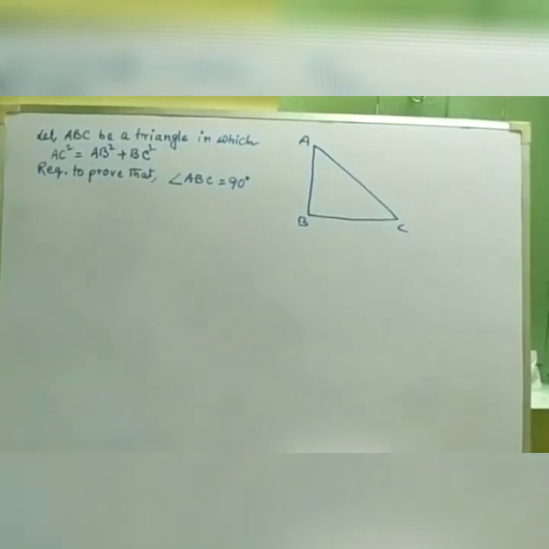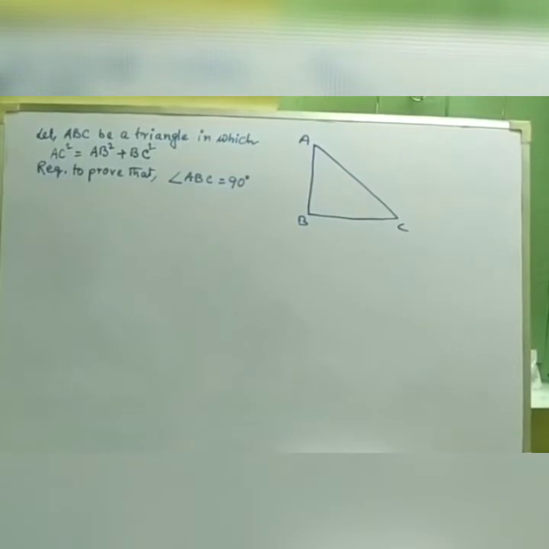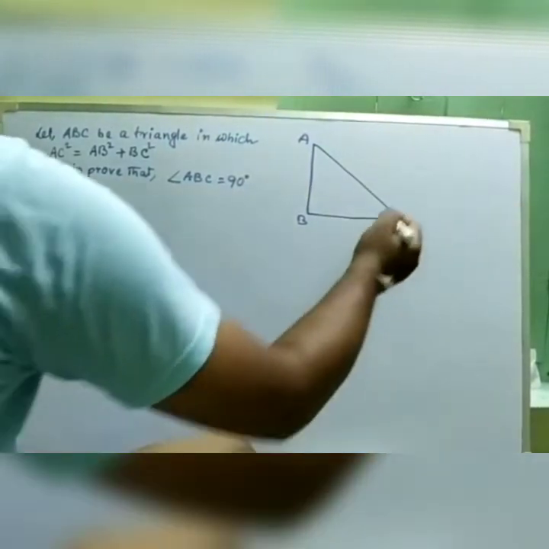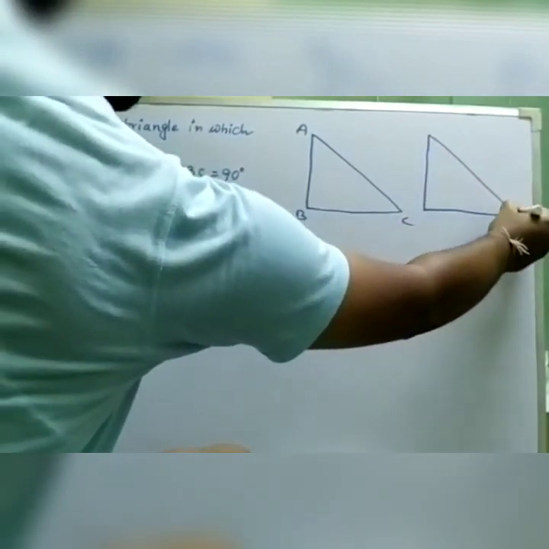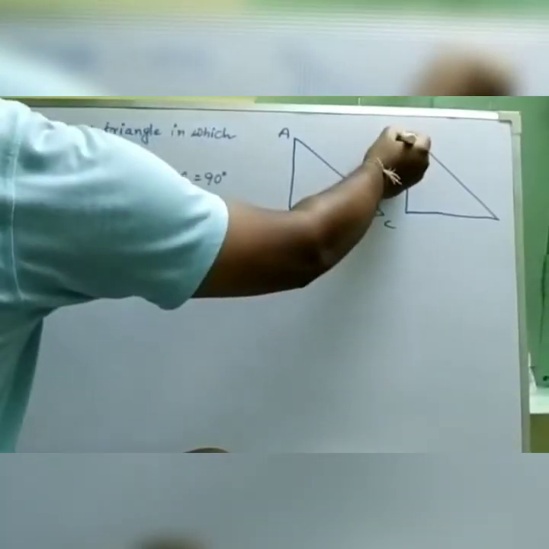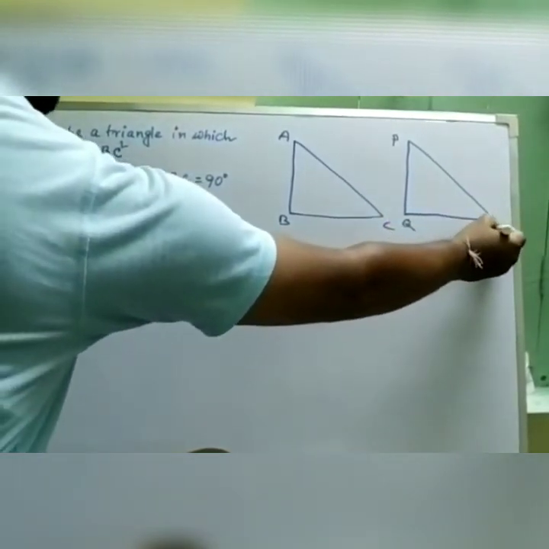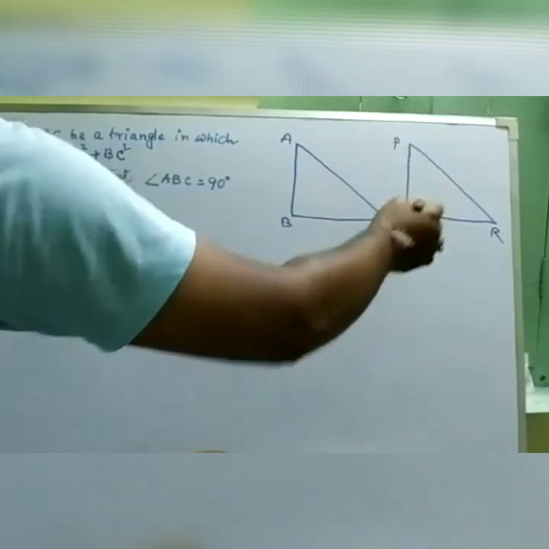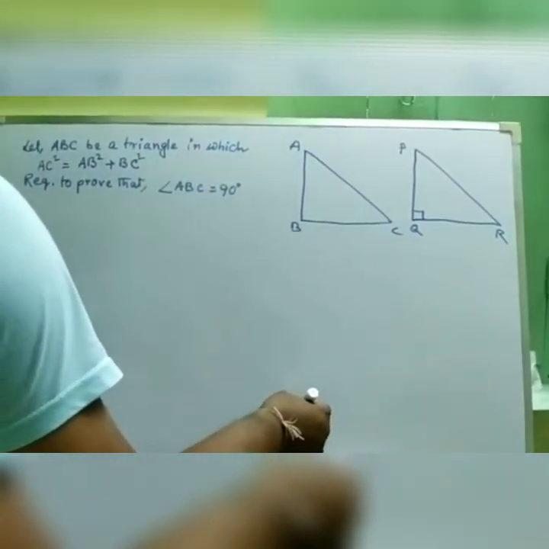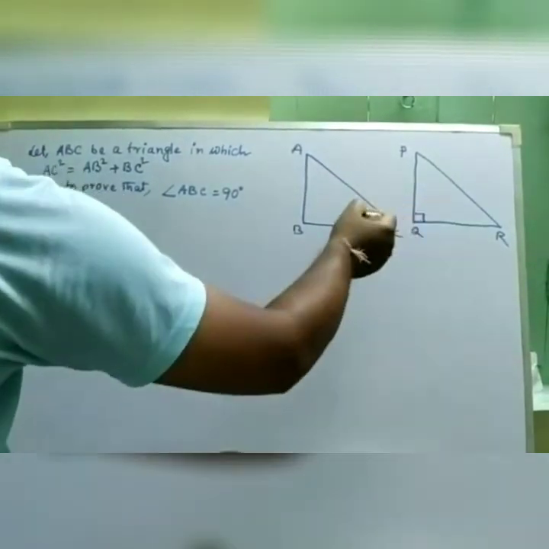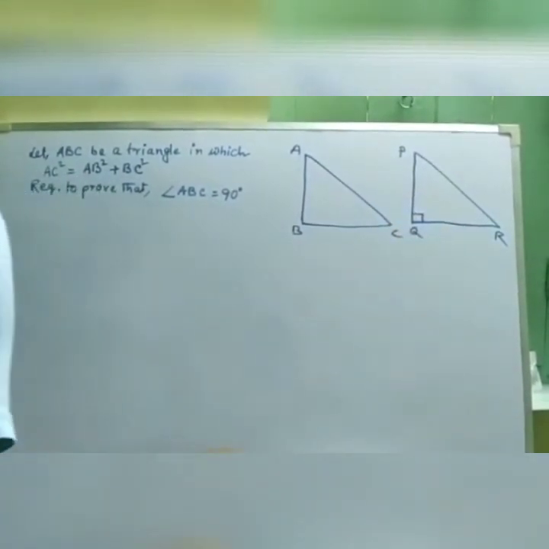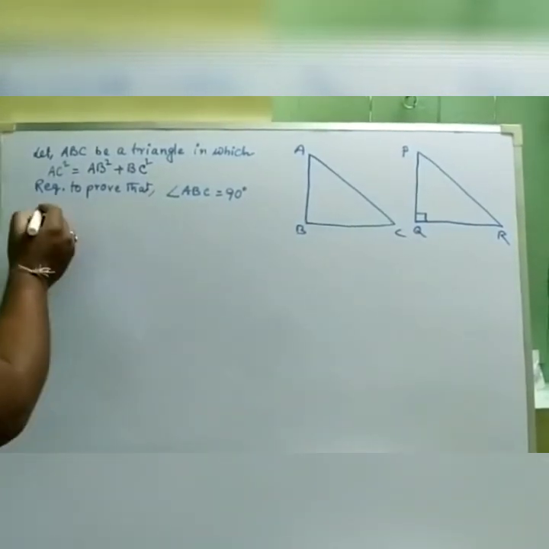So that construction we have to show you. What do we need to construct? We have to draw a right angle triangle. So let's show you now that we are drawing a right angle triangle, and giving the name PQR, where angle Q is 90 degrees, that is angle PQR is 90 degrees, as well as the side PQ and AB will be equal, QR and BC will be equal. PQ equals AB, QR equals BC, and angle PQR is 90 degrees. That we have constructed here. So that we need to write it.